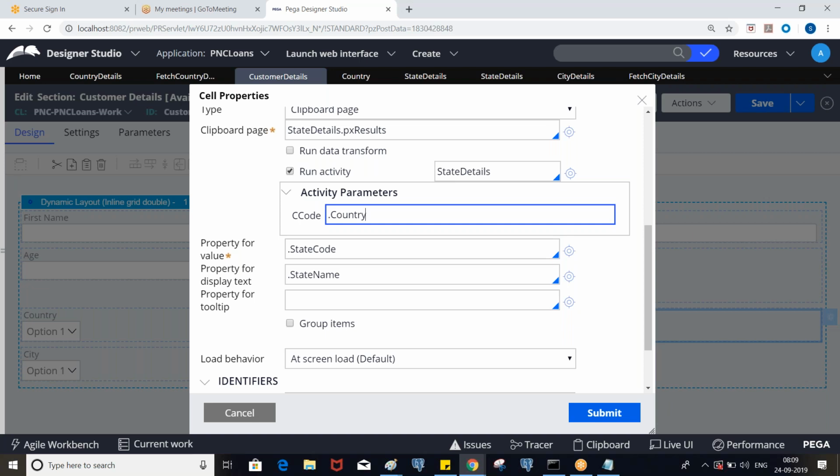I selected, let's say, country India, so the clipboard value will be IN, and that IN will be passed to the state details and it will fetch the corresponding record where country code is equivalent to IN. Yes, you need to put dot country.